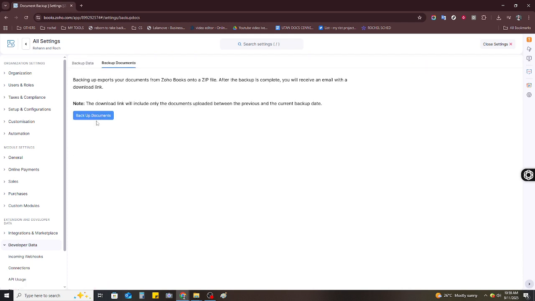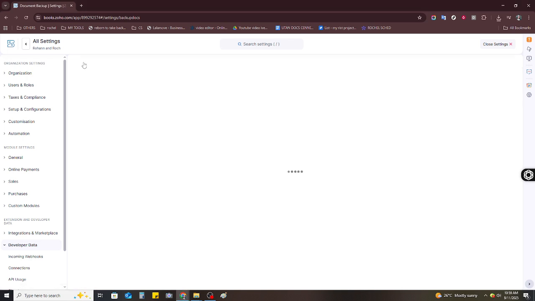You'll receive a download link via email once it's ready. Alternatively, this download link will also be accessible on the same data backup page you used to request the backup. Simply click the link when you receive it and proceed to download the zip file to your system,